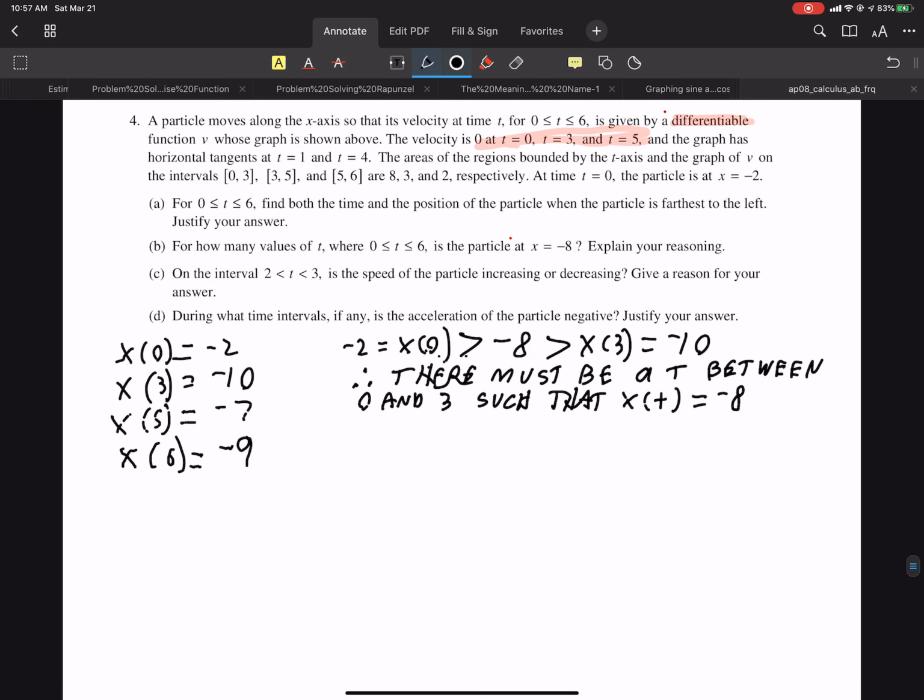We are going to do that 2 more times. I'm not going to write all that out again just to save time, but if you see -8 is between -10 and -7, using the same logic, there's going to be another time between 3 and 5, and again between -7 and -9, using the same logic. Since -8's between that, there must be a time between 5 and 6. So if we put all those 3 together,